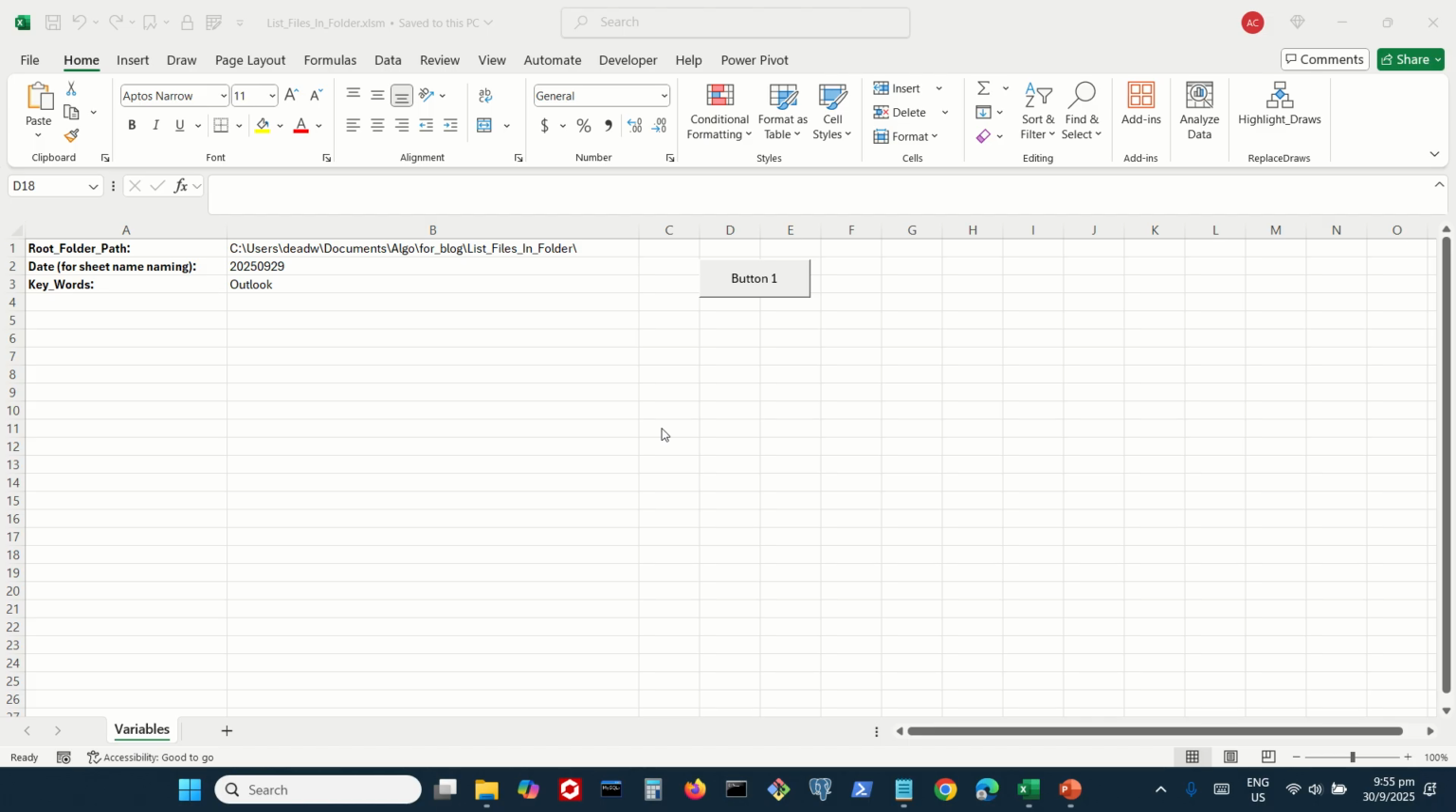So if you have quite a number of files that you need to check daily to ensure that they are in the folder, then you can use this automation to help you check the files. And it's a very useful automation, and it's very convenient once you have this method to help you list